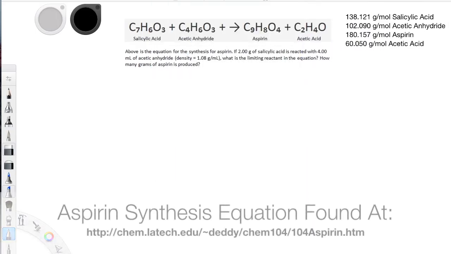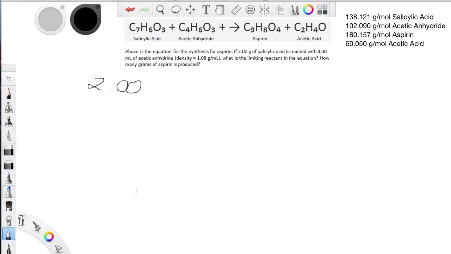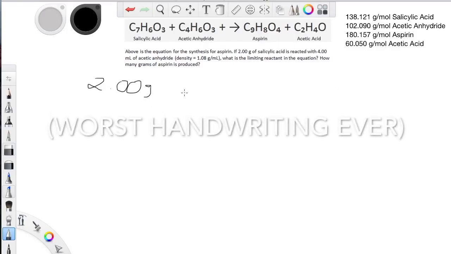In this equation, if we start with 2 grams of salicylic acid and 4 milliliters of acetic anhydride, we're going to find how much of each product we're going to have, and also we're going to have to find the limiting reactant in this equation. So first of all, we want to know how many moles of salicylic acid we're using in this equation. We start off with 2 grams of salicylic acid,